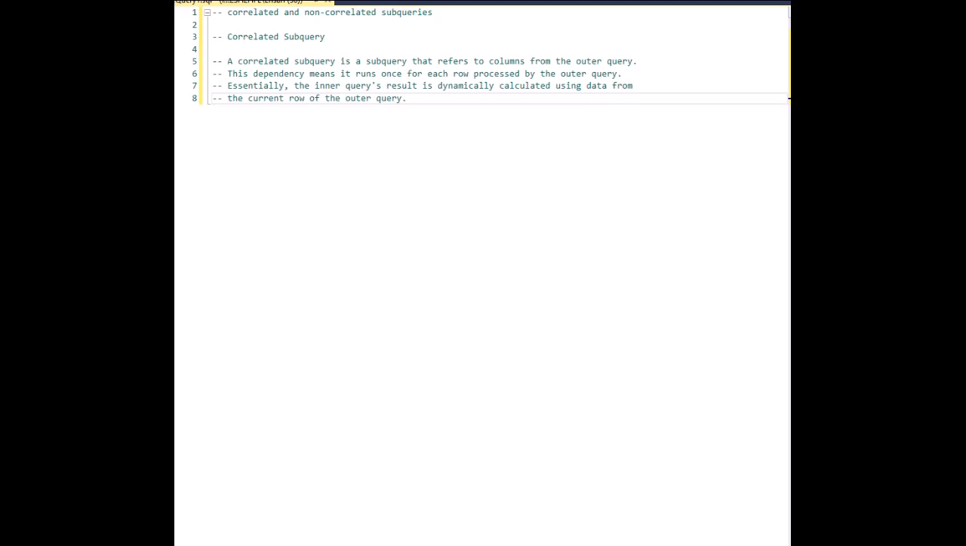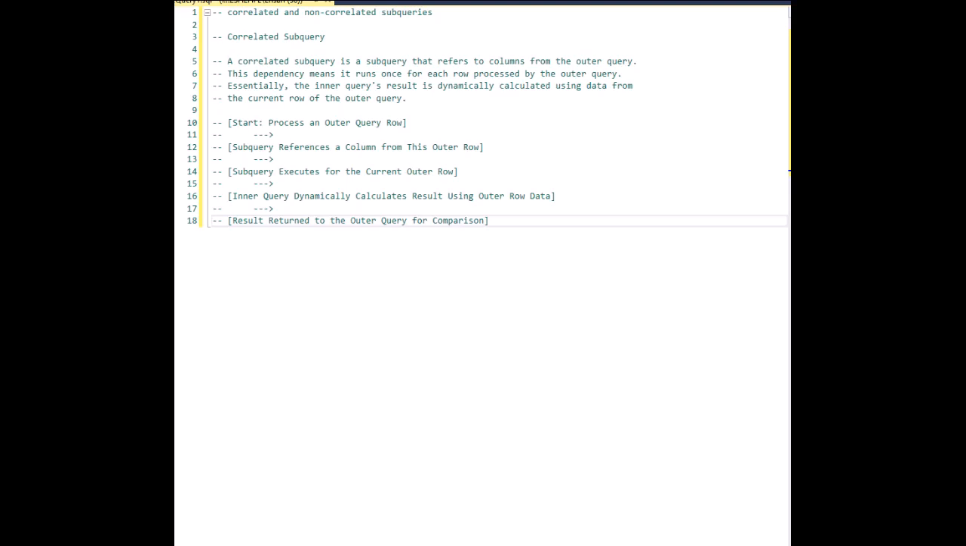This dependency means it runs once for each row processed by the outer query. Essentially, the inner query's result is dynamically calculated using data from the current row of the outer query. This flowchart outlines how for each row in the outer query, the correlated subquery uses that row's data to compute